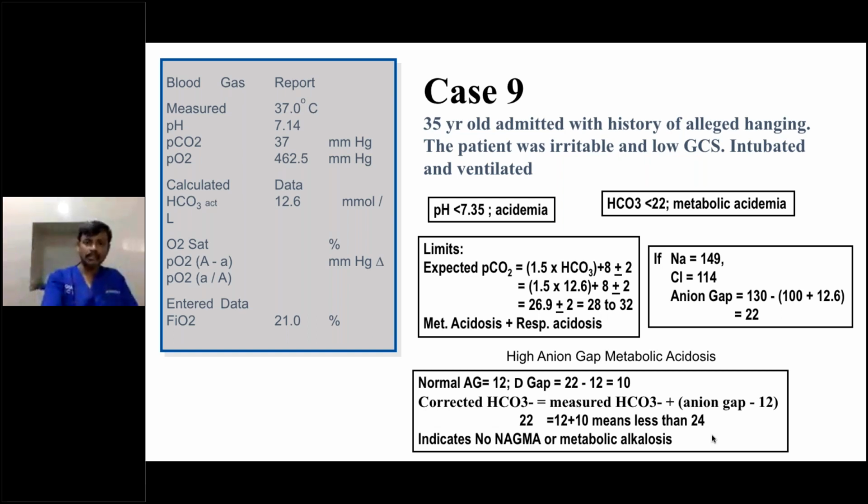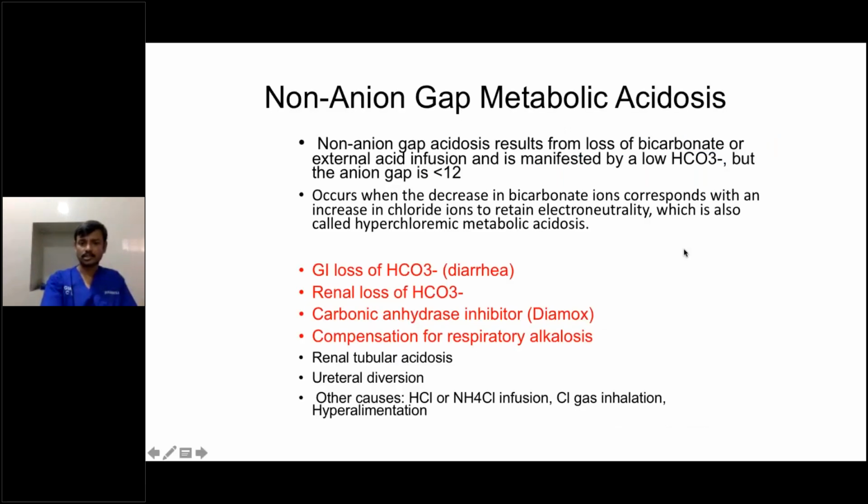It is because of the loss of bicarbonate. As I mentioned earlier, loss of bicarbonate or external acid infusion is very rare actually, managed by low bicarbonate. It occurs when the decrease in bicarbonate ions corresponds with an increase in chloride ions to retain electroneutrality. The moment bicarbonate concentration reduces, chloride comes out to maintain the electroneutrality, which is also known as hyperchloremic metabolic acidosis. Usually it will be GI loss of bicarbonate, the most common cause. Fistula, diarrhea, renal loss of bicarbonate, diuretics, carbonic anhydrase inhibitor Diamox, compensation for respiratory alkalosis is a cause for metabolic acidosis,